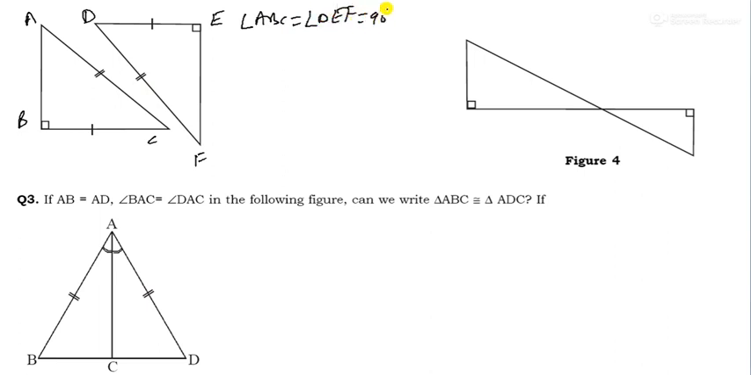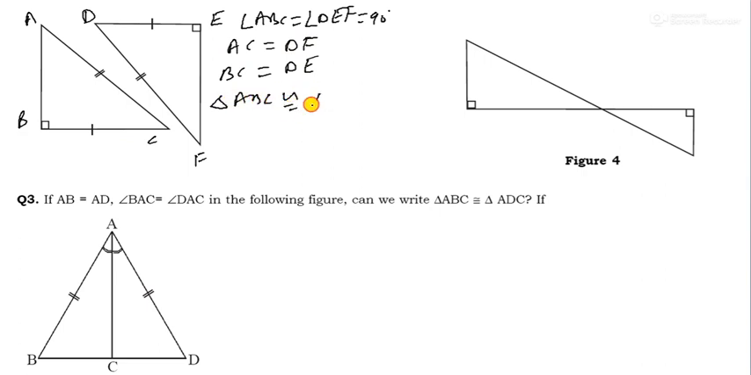Why are they equal? Because it is 90. And one side, hypotenuse AC, is equal to DF. It is the hypotenuse. And the last one, BC, is equal to DE. So they are congruent. So triangle